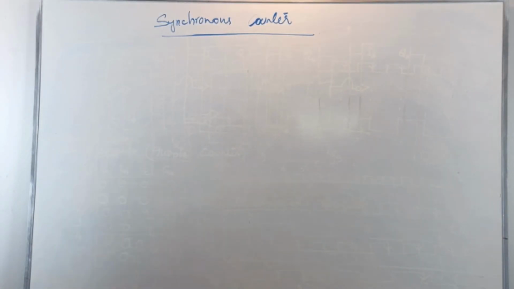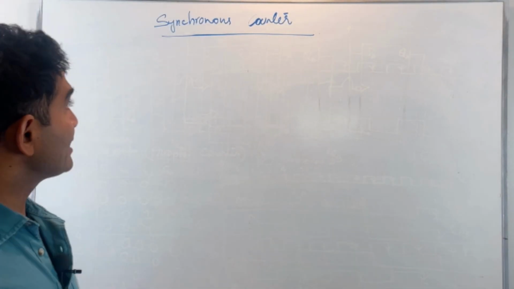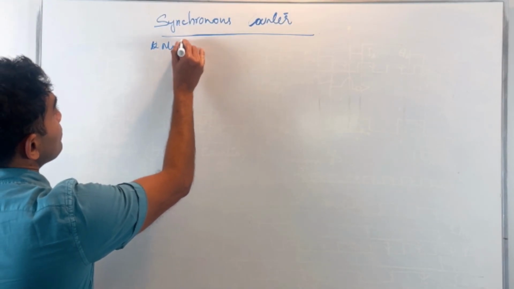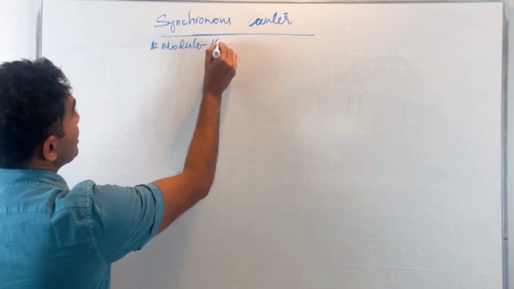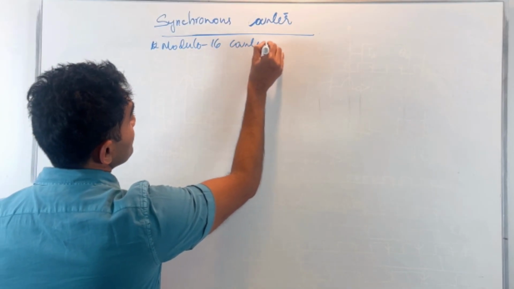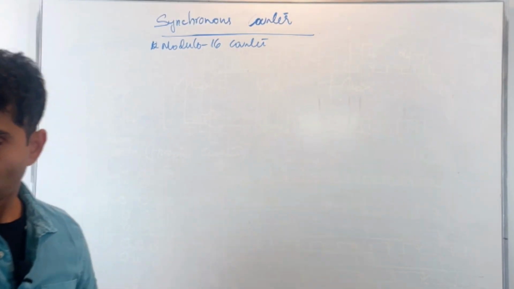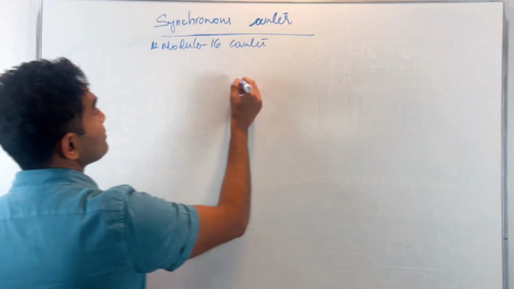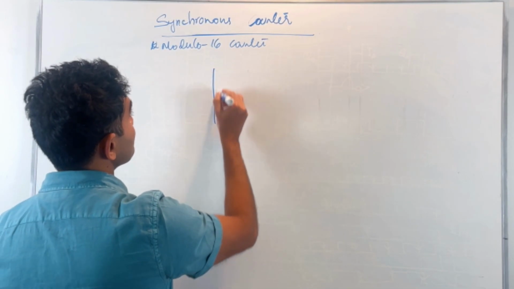All right. So let's try to design a modulo 16 counter. That means I need to have 4 flip-flops, 4 JK flip-flops. Okay, that's the first thing. So let's draw them first. So let me draw my flip-flops. In this case,